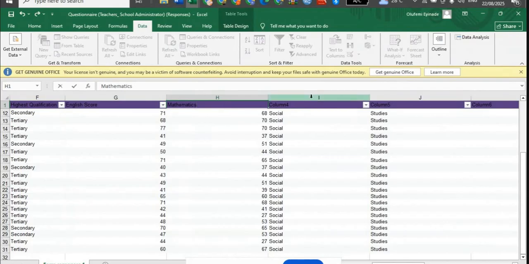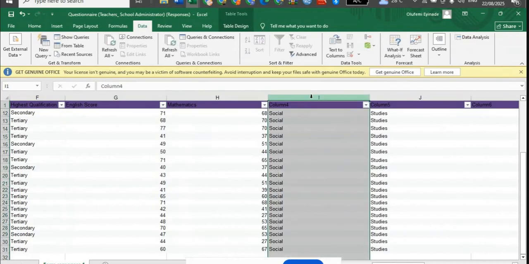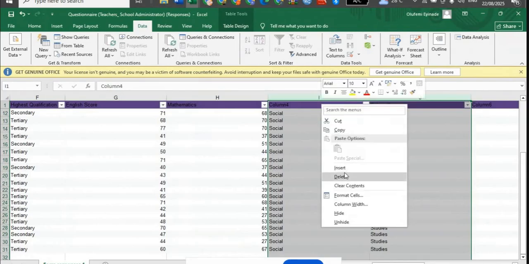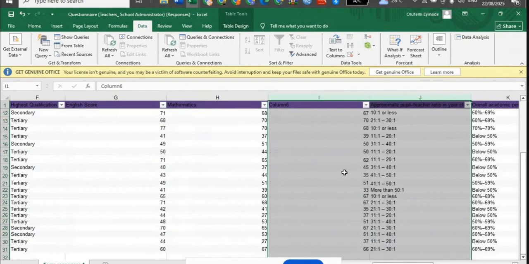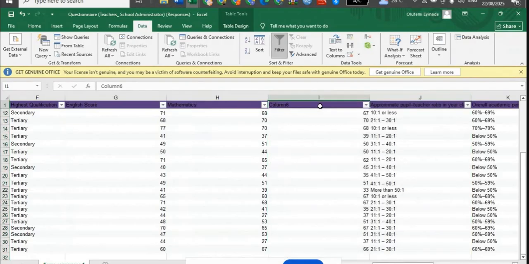Then the fourth column, we don't need the social and the studies, so we can delete the two columns. The score here is for social studies. So for these three columns, English score, mathematics score, and social studies score,